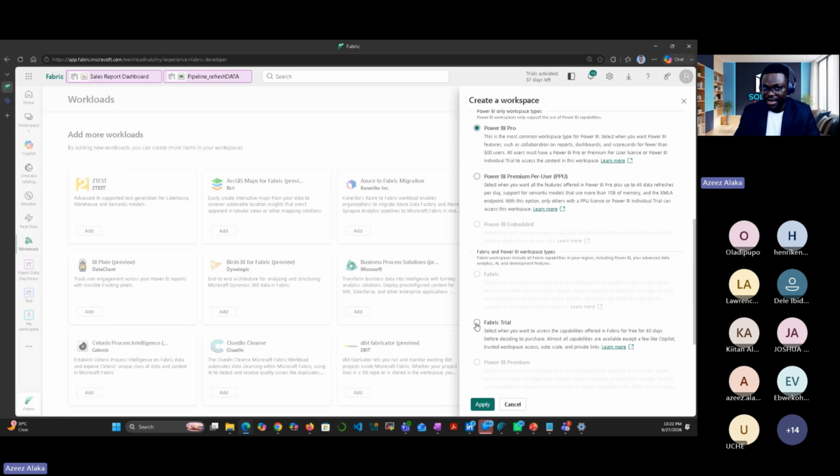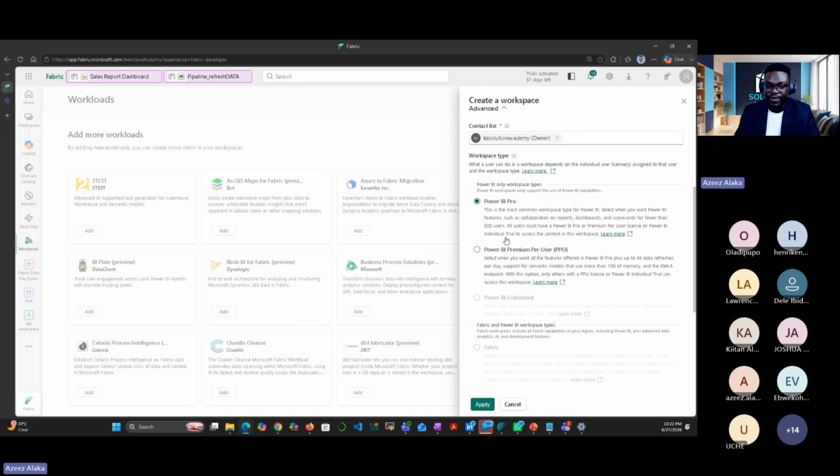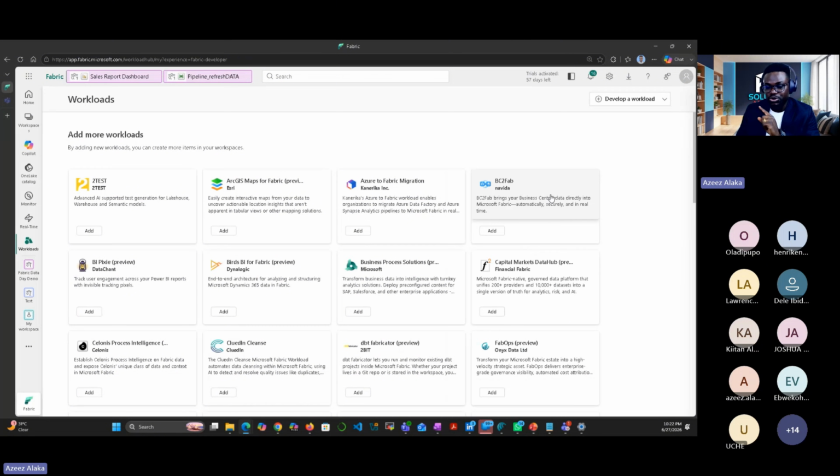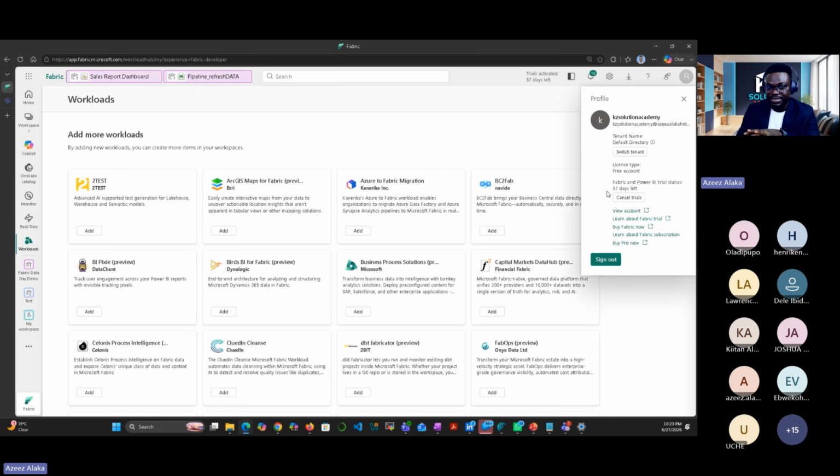So you make use of Fabric Trial. If you do not click on Fabric Trial, you'll not be able to see some items on the workspace. Okay, don't forget, I'm also going to tell us how to access the free Fabric. So I'm actually using one of the free ones. See, free license. See, Fabric and Power BI trial status, 57 days left. The good thing about this is that I've been working on this for more than a year.